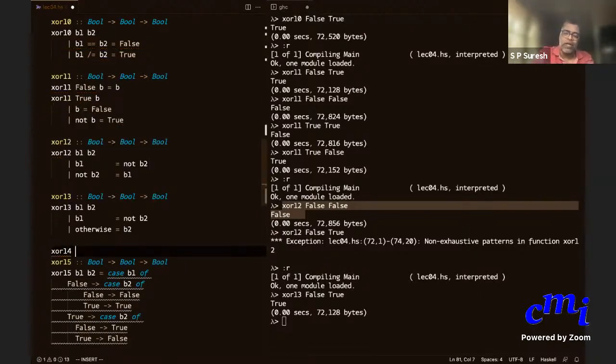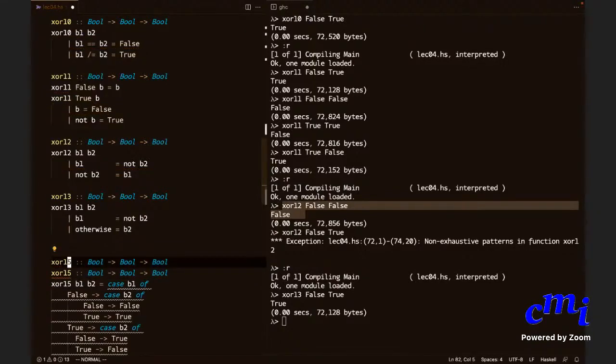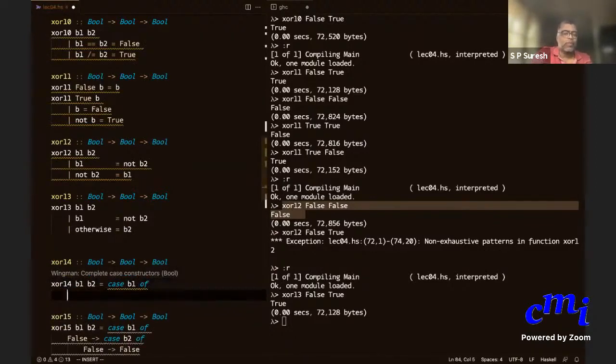XOR 14 of B1 B2 equals case B1 of. Actually, I can do simpler.